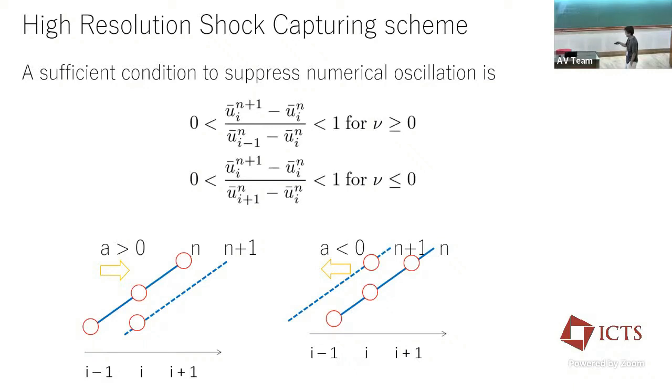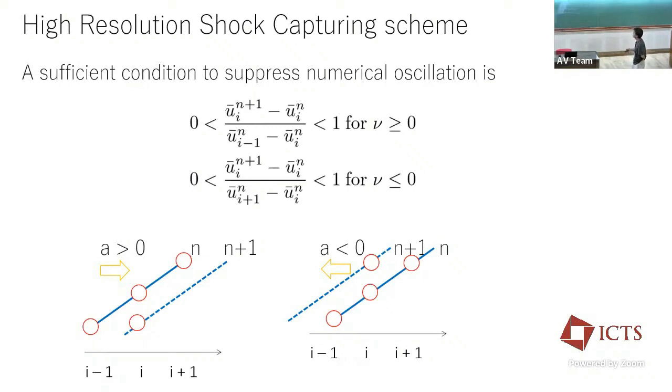It means that you don't have oscillation if this condition is satisfied. This is similar for the negative case. The profile is left propagating, and if this condition is satisfied, the updated value does not create oscillation